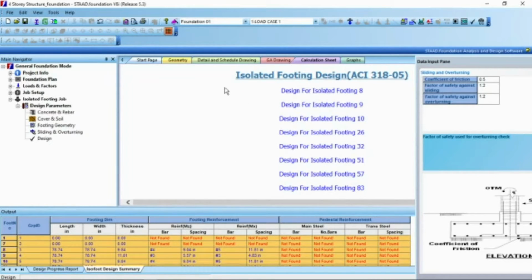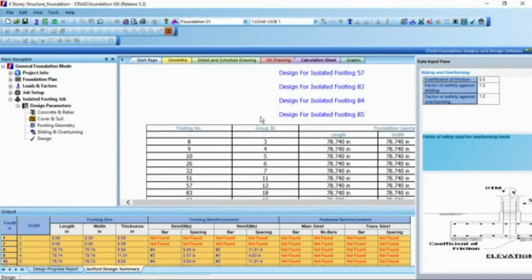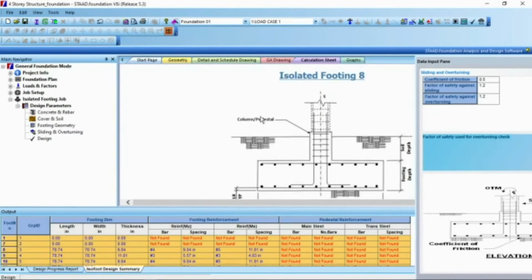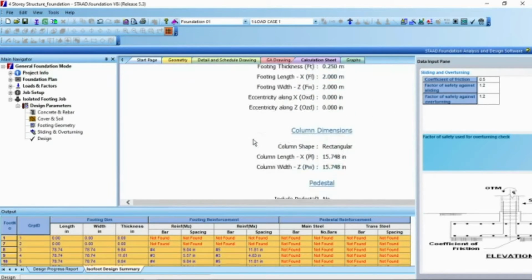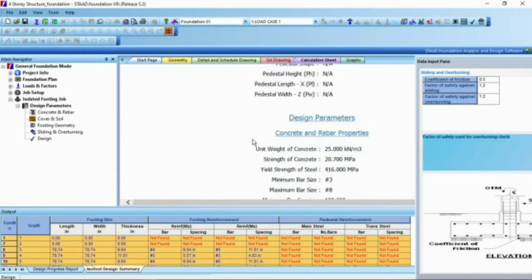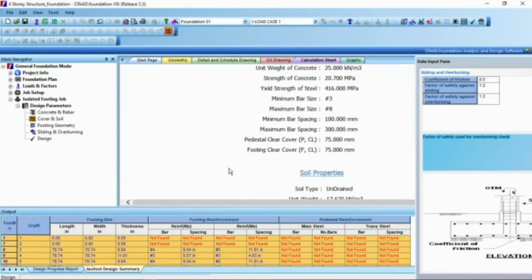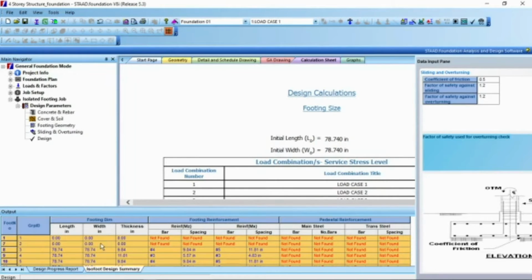So here, this is our calculation sheet. It's already designed. So you can see our design is in SI units. In here we are in inches. Our output,